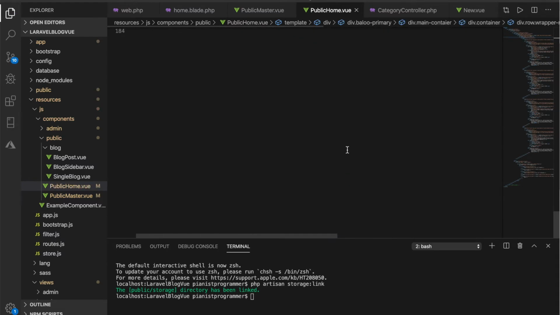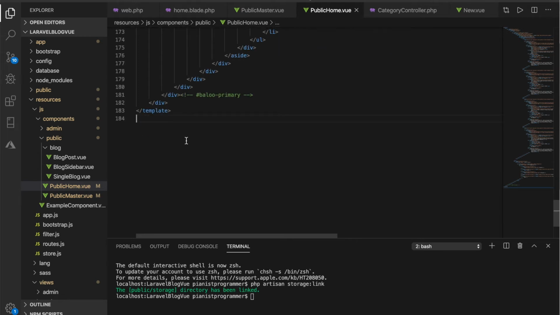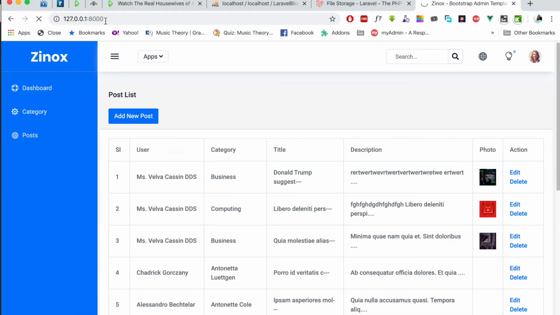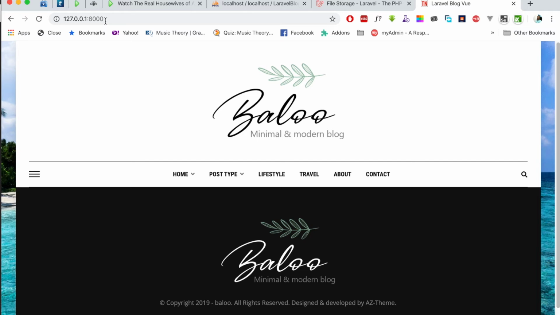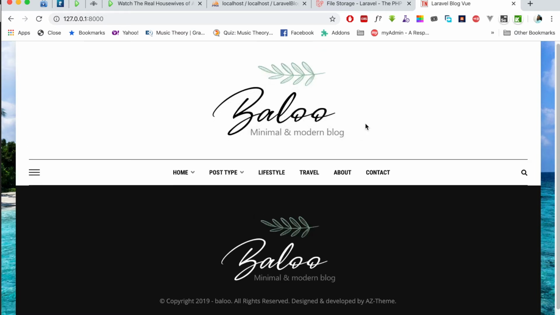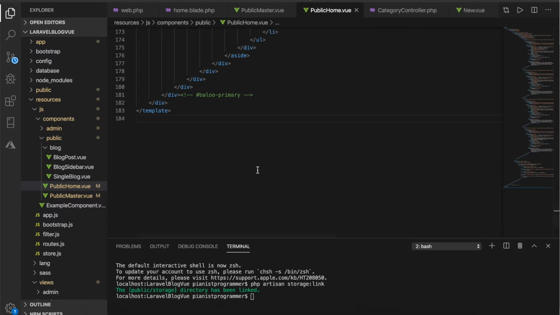Another thing we can do is to divide the component a little bit, because this component is large. We have a sidebar component, and we can divide this public home into two parts. Let's quickly go there and see. Apparently it's not showing anymore because we're not done yet, but you discover that we have two parts. There's a part like this, there's a part here, and then there's a sidebar here. So I'll divide that sidebar now